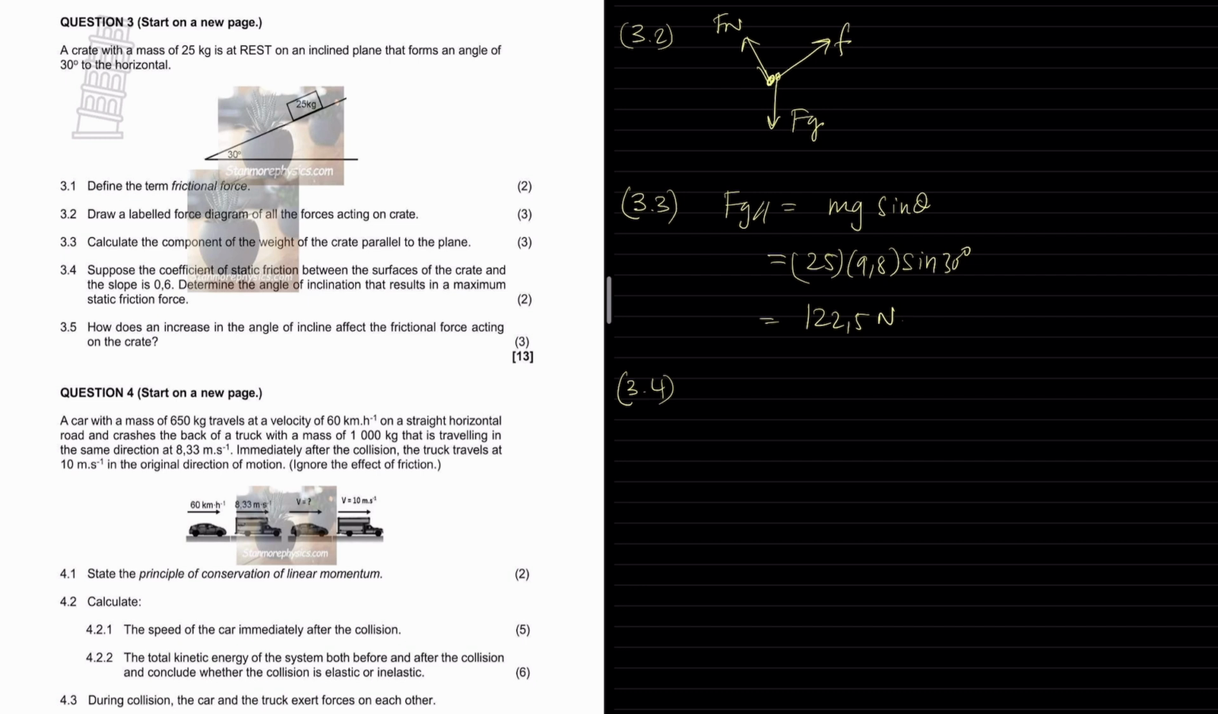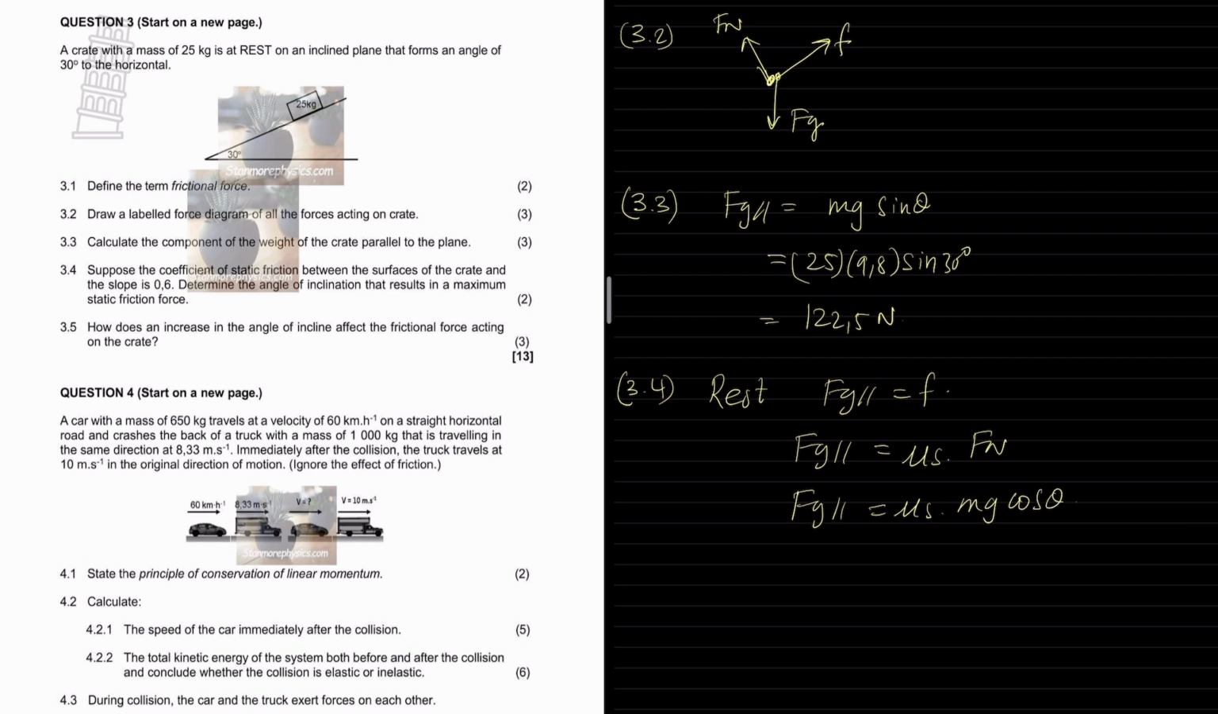Question 3.4. Suppose the coefficient of static friction between the surface of the crate and the slope is 0.6. Determine the angle of inclination that results in a maximum static friction. So since it is at rest, we know that FG parallel will equal F. Now FG parallel is going to equal mu s times Fn. Now we can write Fn as mg cos theta,